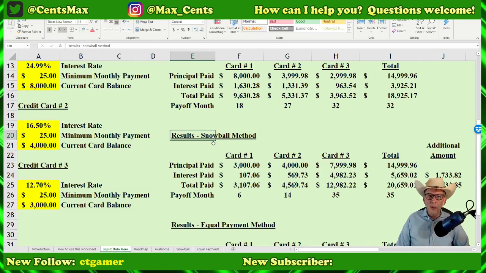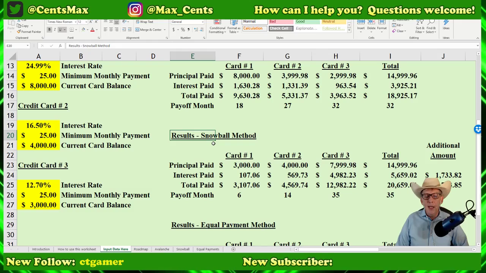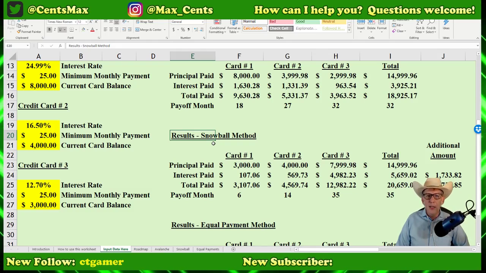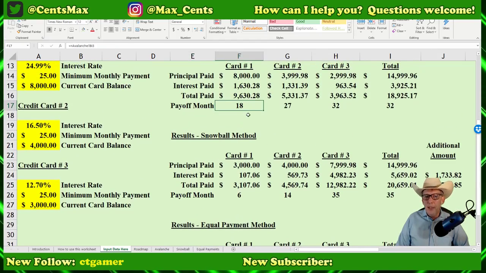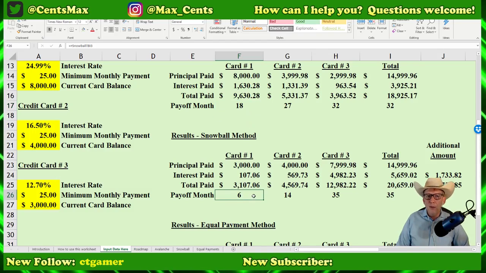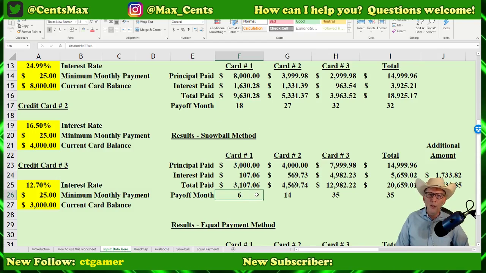So in this method, we're going to start with the lowest balance card first, and then slowly, incrementally get to the larger balances through this process. So where the first method we didn't get any of the cards paid off until month 18, now we're getting the first card paid off in 6 months, and this might give you the incentive you need